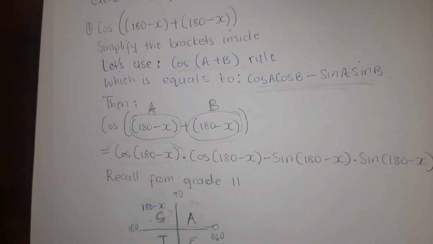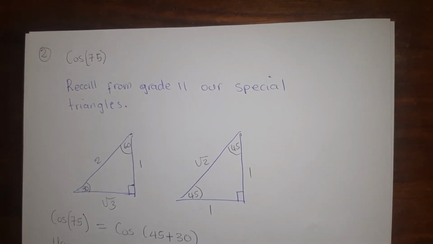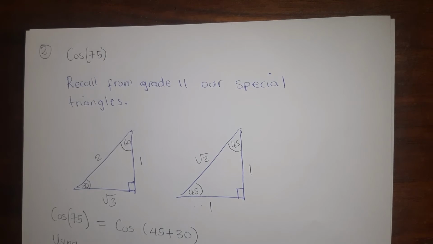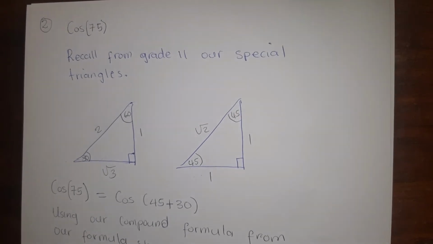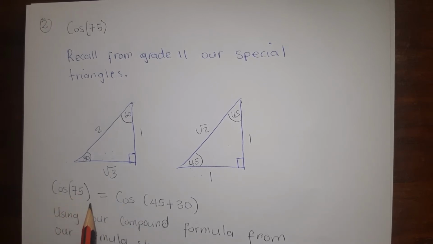Okay, let's get to another question. Question 2, we have cos 75. Recall from grade 11 our special triangles. These are the special triangles that we were taught in grade 11, so I'm going to use them in this question. So in this case, we know that cos 75 is the same as cos(45 plus 30), and using our compound formula from our formula sheet,